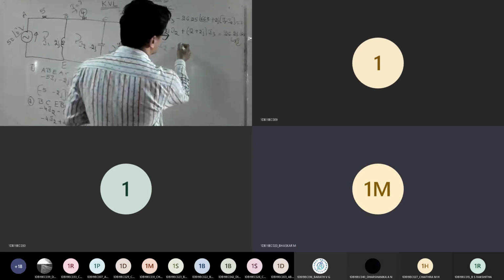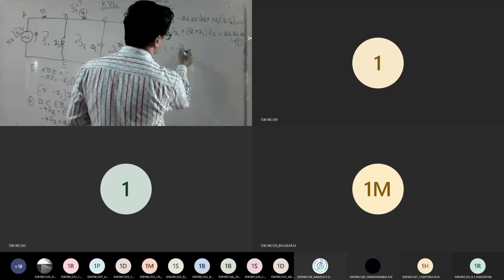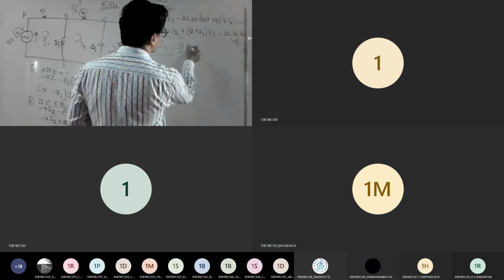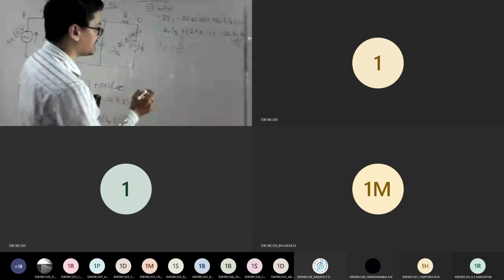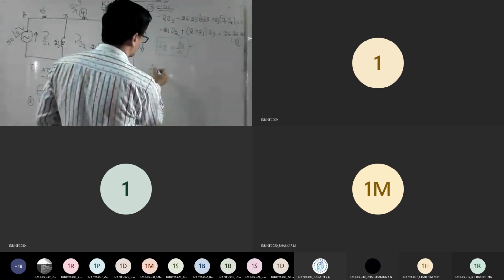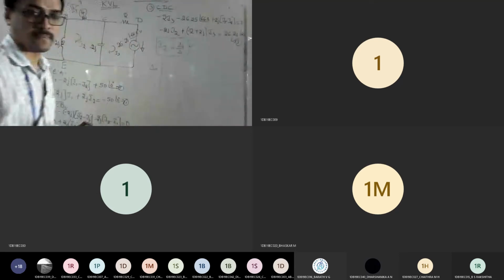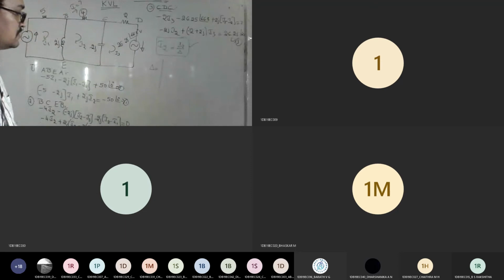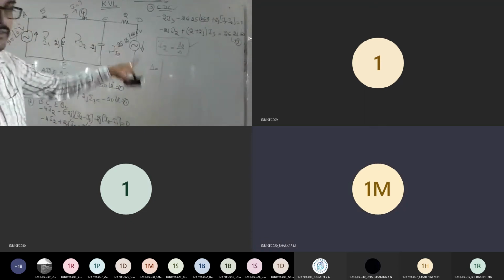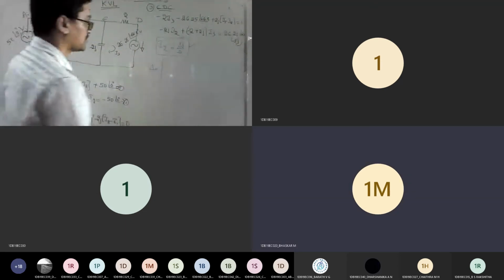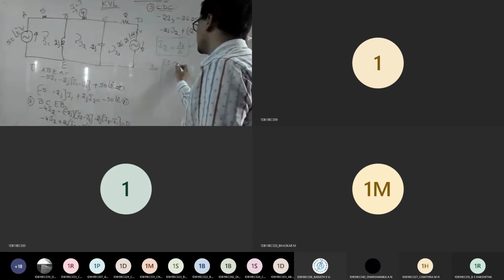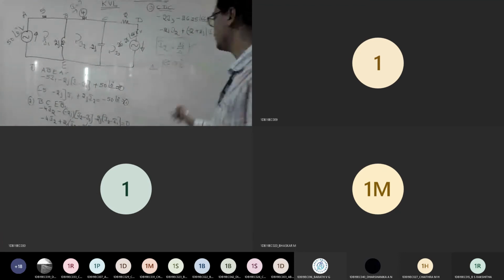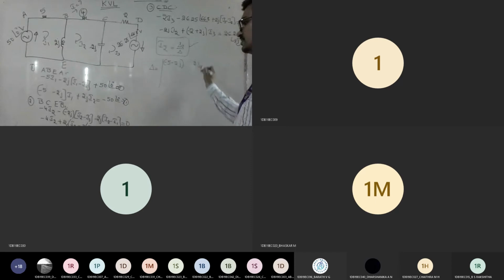It says delta 2 by delta. This is the only term I want you to find. That's it. So let's find delta first. What I told, you need to write all the terms. In the first column we'll use the bracket: minus 5 minus 2j, then you have 2j here. Then I3 is not there, so it is 0.